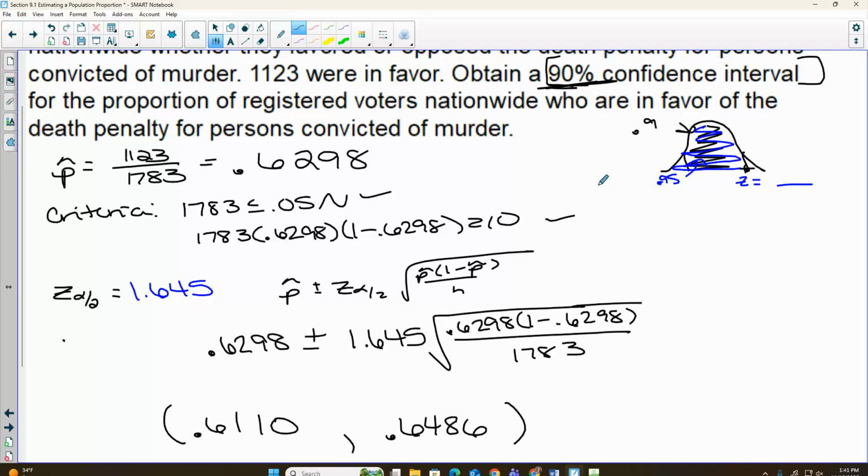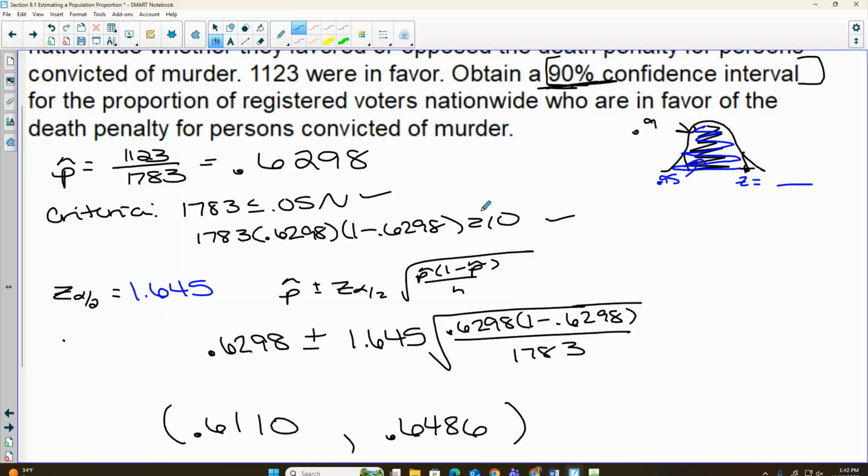Yes, ma'am. Can you look at my calculator? I got the second one, but I didn't get the right first one. Oh, you did. I just rounded this up. Oh, okay. If I were going to 4 decimal places, I was going to round up. That makes sense. You're good. Other questions?